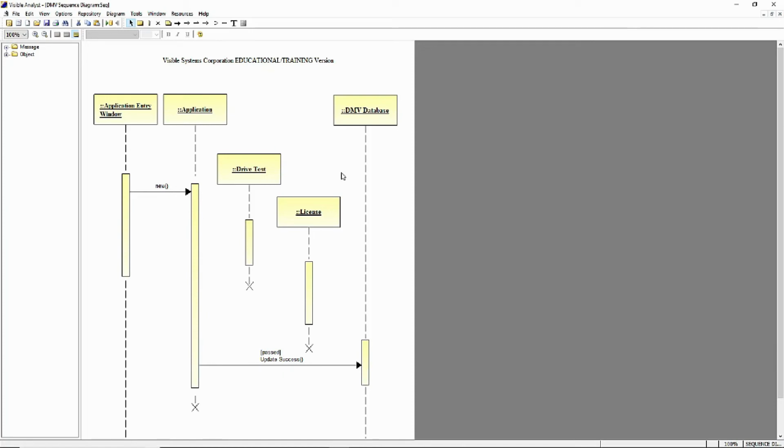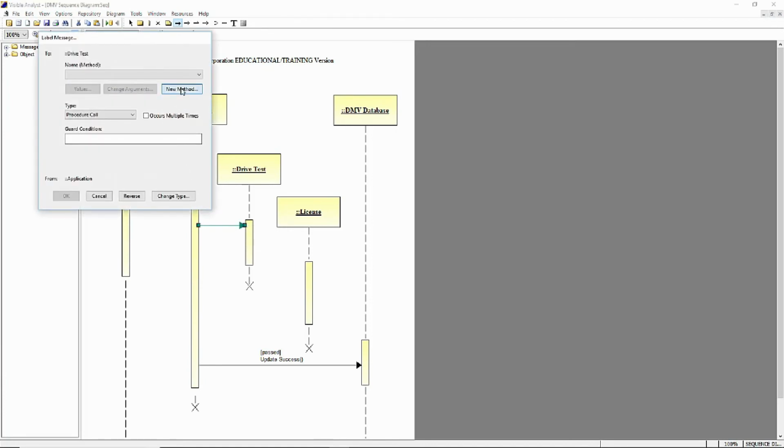Let me show you one more, and then we'll do them all invisibly, as it were. Let's do one more, and this will be from application to drive test right here. The reason I'm showing you this is because the name is very hard to see in the handout. Click new method, and it's kind of a nonsensical name. It is